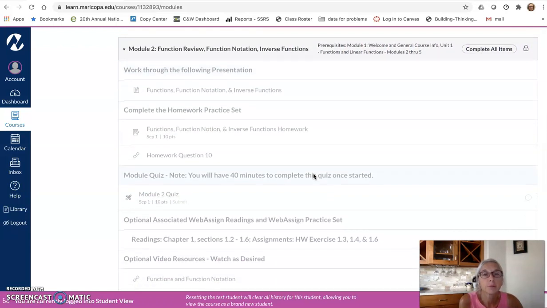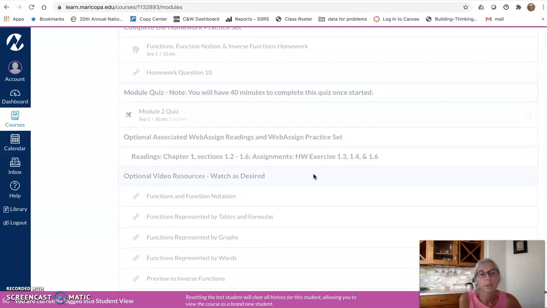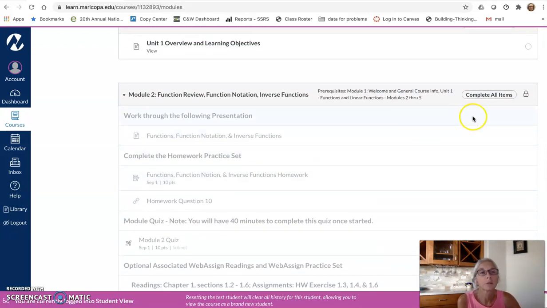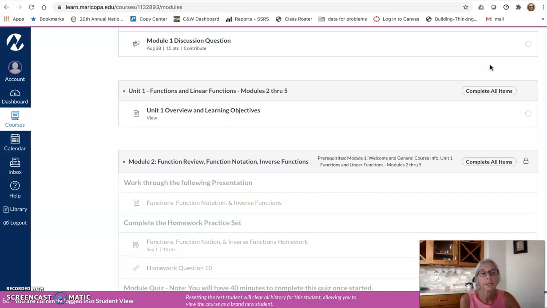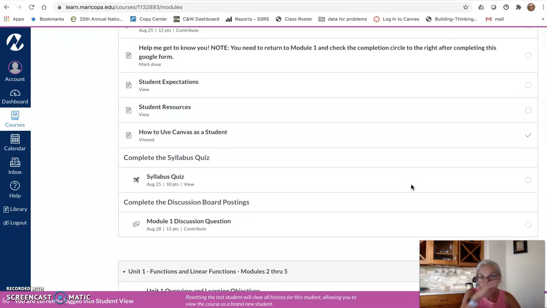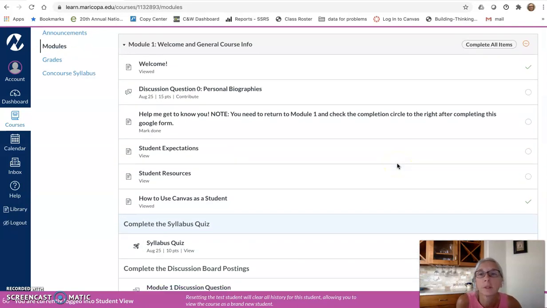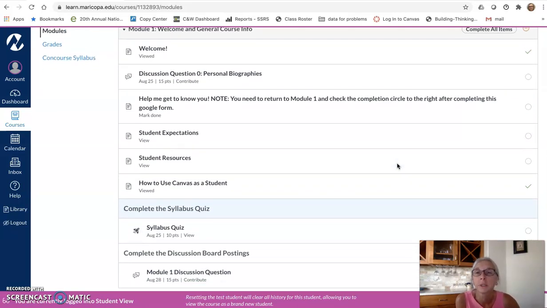Since each module builds on the prior knowledge that we learned from the previous module, the modules are set up whereas they're locked until the previous module is completed, and then that module will unlock and you can begin working on it.